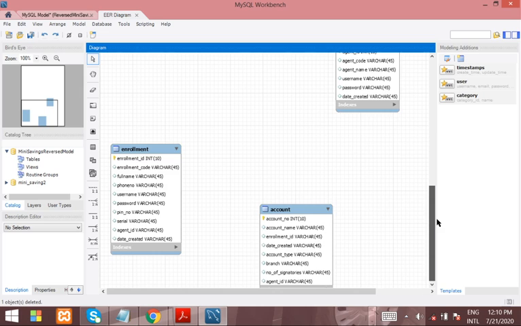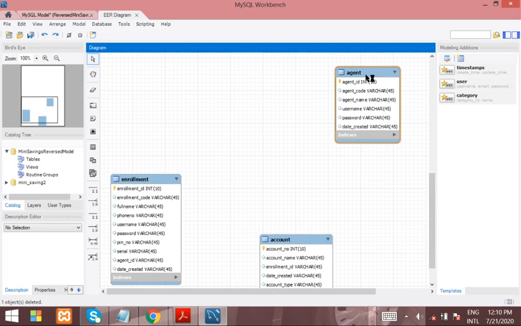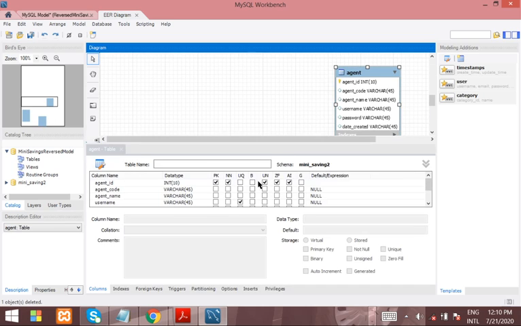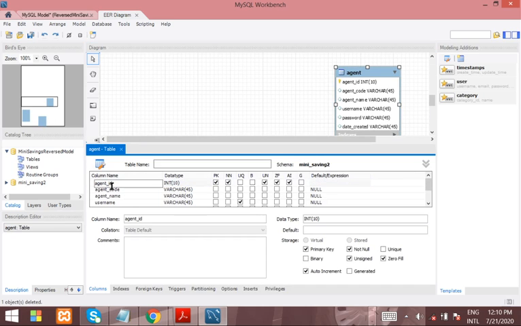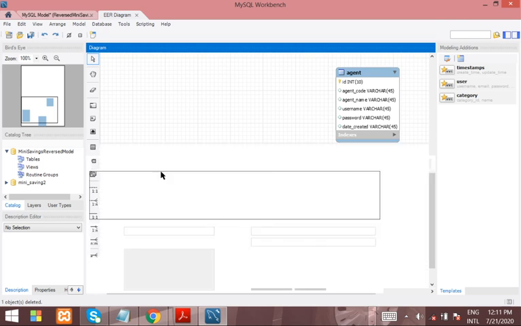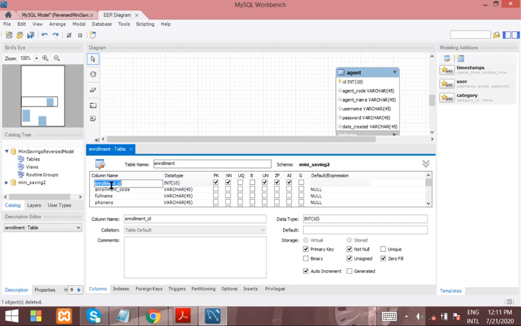After deleting them, you double click on the agent table, or on each table, and double click on it. Then you remove this agent and the underscore, and then we're done. Then double click on enrollment and remove this.